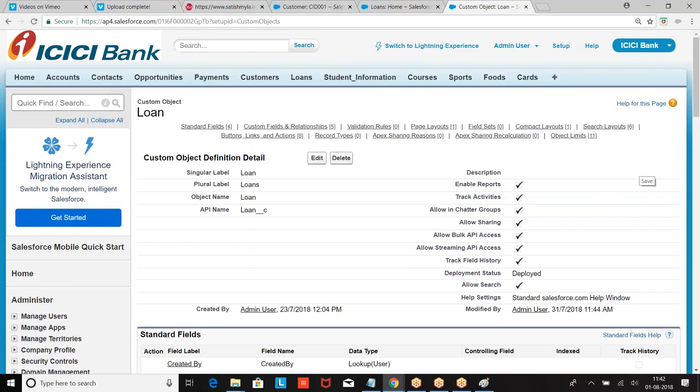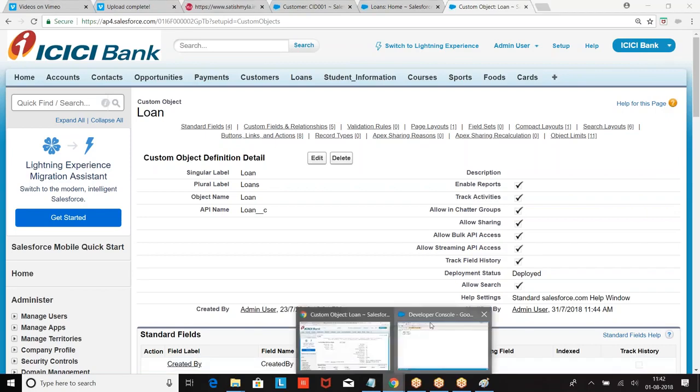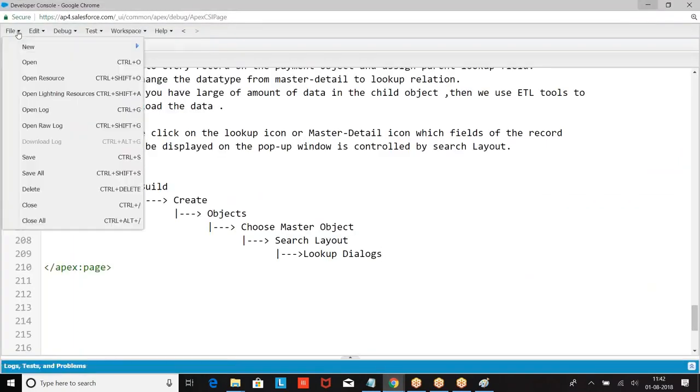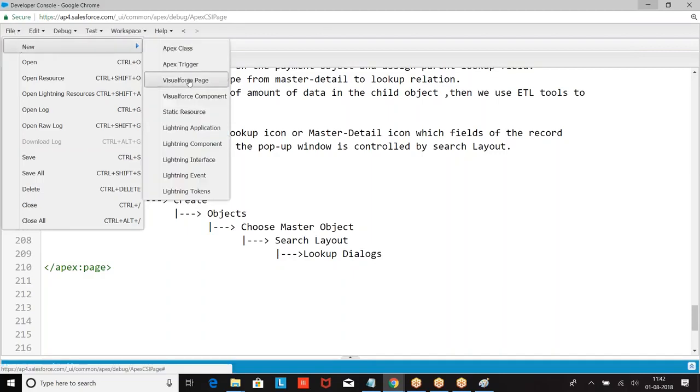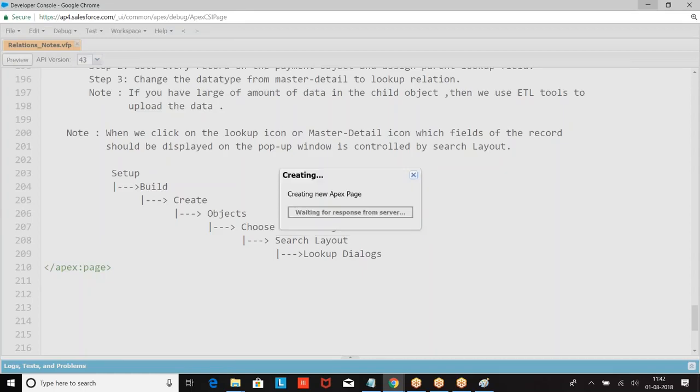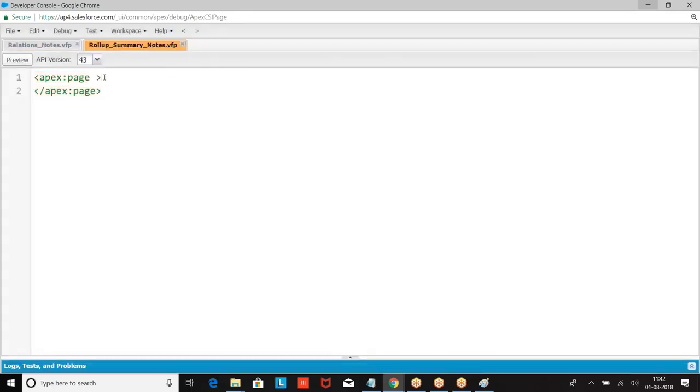What is a roll-up summary and why do we use it? Probably with this topic, we will be almost completing the fields.